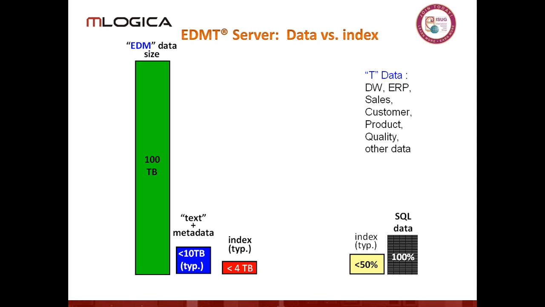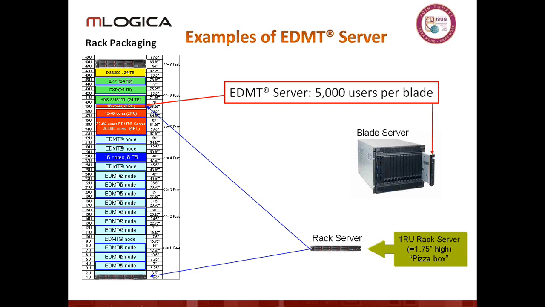That's the unstructured world. The structured world is on the right. Here's your SQL data, and then indexing and all of that stuff is 50%. If you look at the yellow box on the left side, that is one of the IBM storage units, the 3200 or 3400, 12 disks, 2 terabytes each, 24 terabytes, more than, let's say, 15 terabytes of usable space. That's 2 rack units, basically 4 inches, and then the server on top of it, some